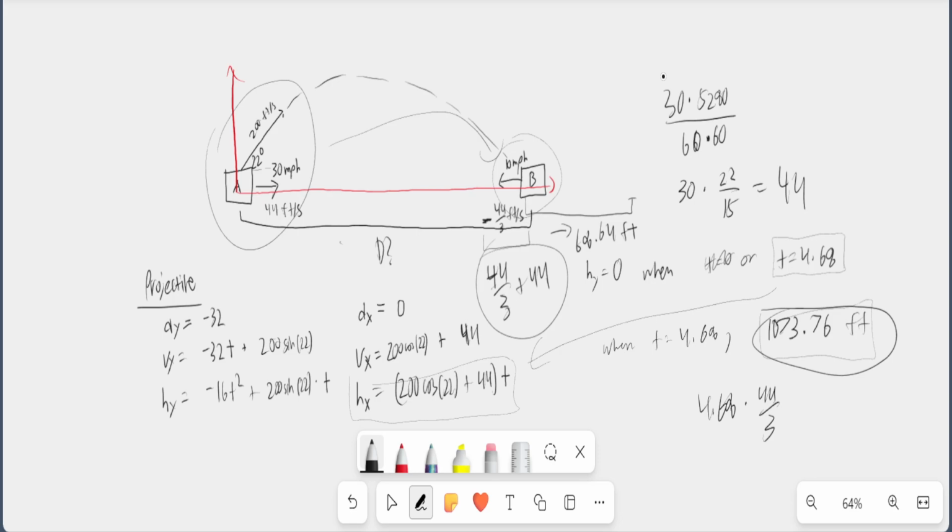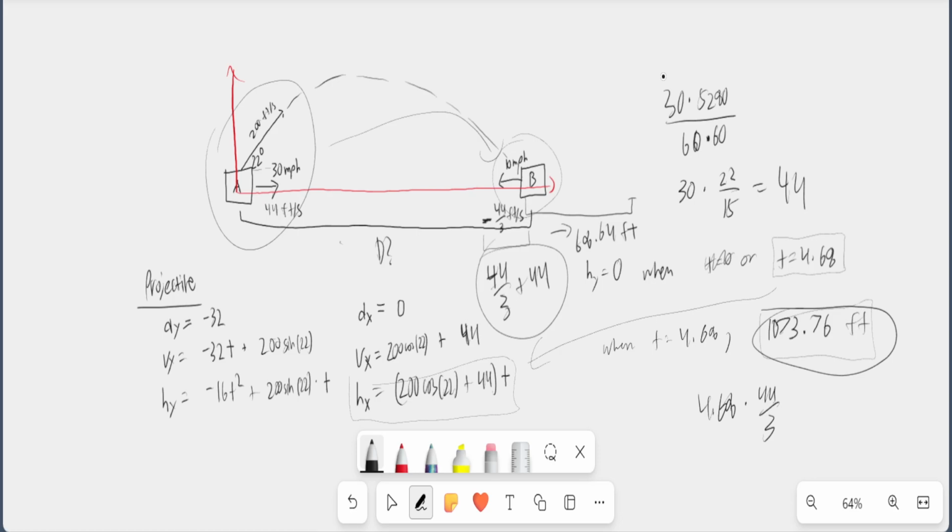Does that make sense, or do you want to try it? You could probably try it by yourself. But if you ever run out of problems before the test, I would try just playing around. Like, what if A stays still and we move B or something? Is there any other questions you want me to do? No. Okay, then